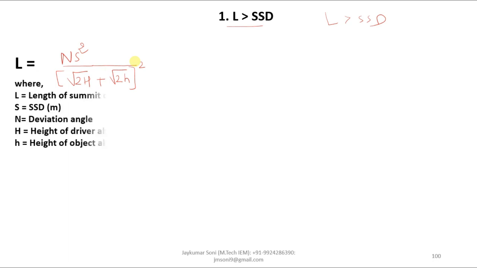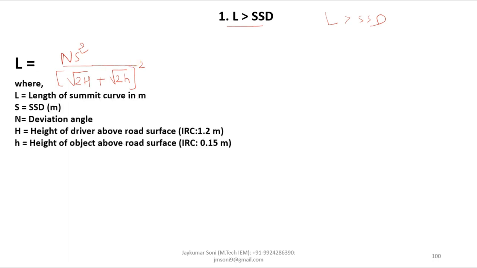Let us learn about the terminologies. The L over here is the length of summit curve. The S is the stopping sight distance in meter. The N is the deviation angle. The capital H is taken as the height of driver above the road surface, which is standard 1.2 meter provided by Indian Road Congress. And the small h is the height of object above the road surface, which is 0.15 meter